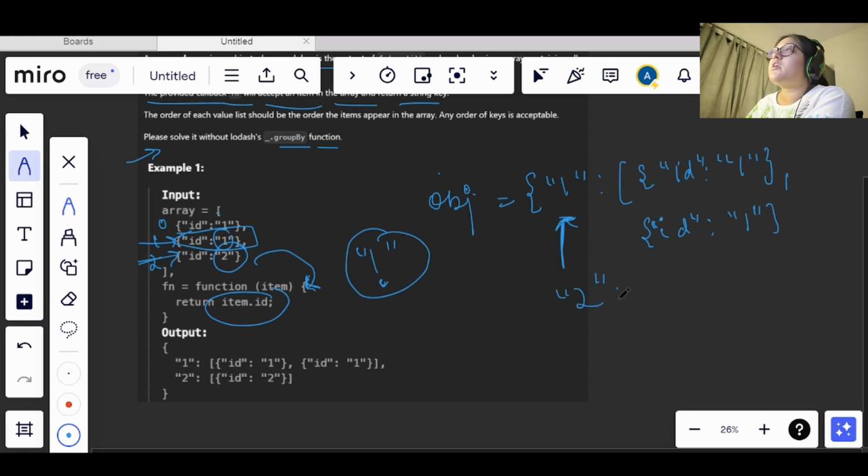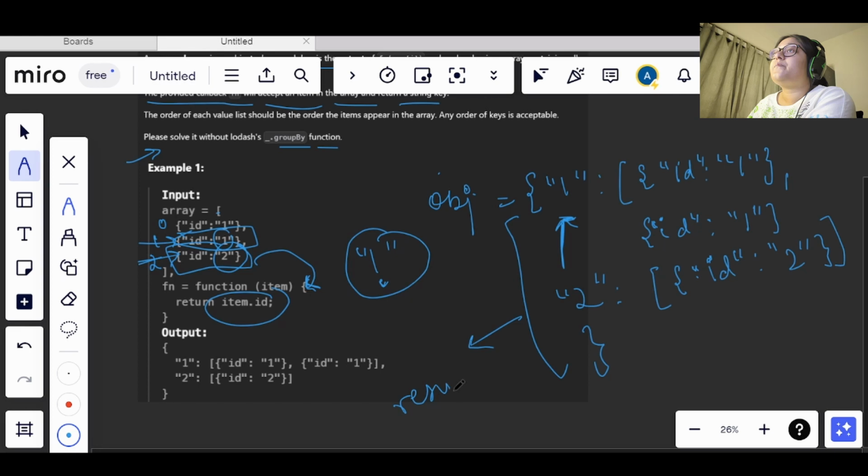It will become the key here, and we see that we do not have any value for the key, so we will create a new array with the element here. We need to denote it with array only, so array will be there, and we will write the id. Okay, so it will become 2. Now this is our expected output as final result.